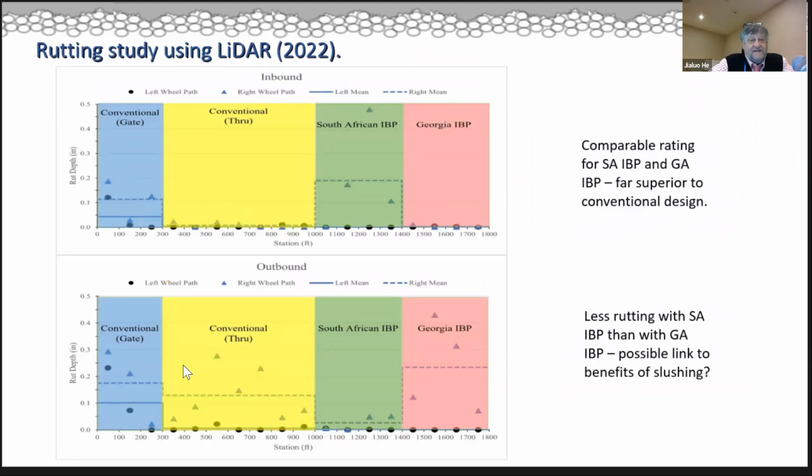Similarly, we did a rutting study in 2022. We did not have a rutting study the first time because the LiDAR system on James's truck, or van, was not working. But here, instead of it being 2016 and 2022, we actually have separated the rutting into left wheel and right wheel path, and that's because obviously